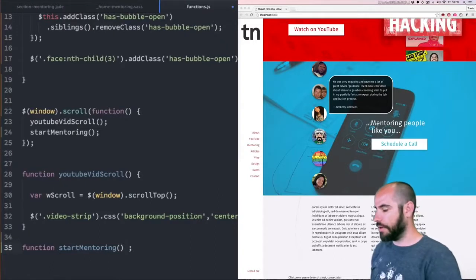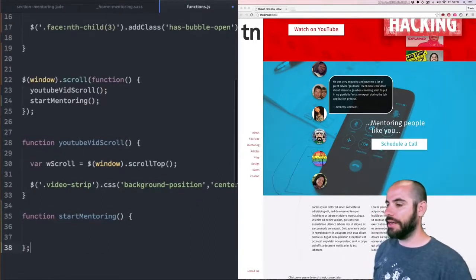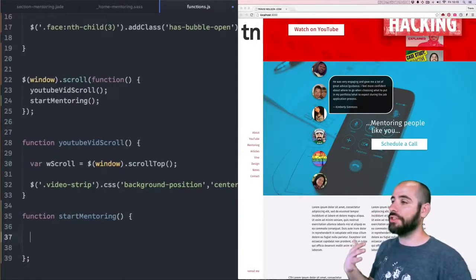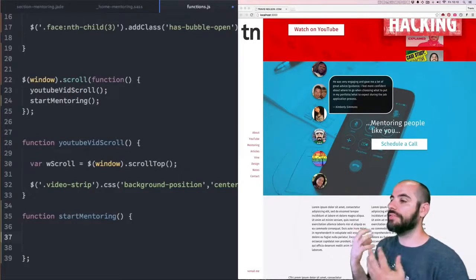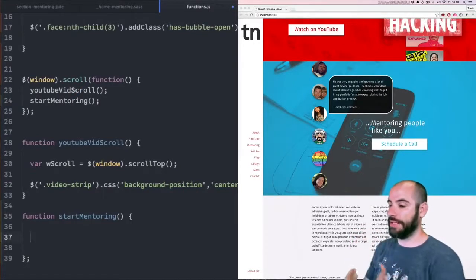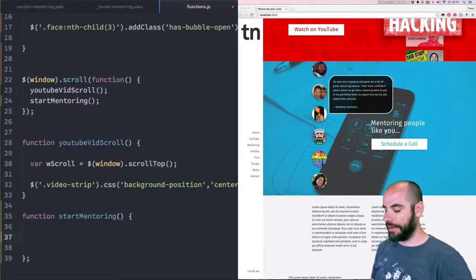Let's open some curly braces and start talking about this function. This function is going to fire on scrolling events. So let's say as we're watching the scroll, if something happens, and that something is that this section dot mentoring,